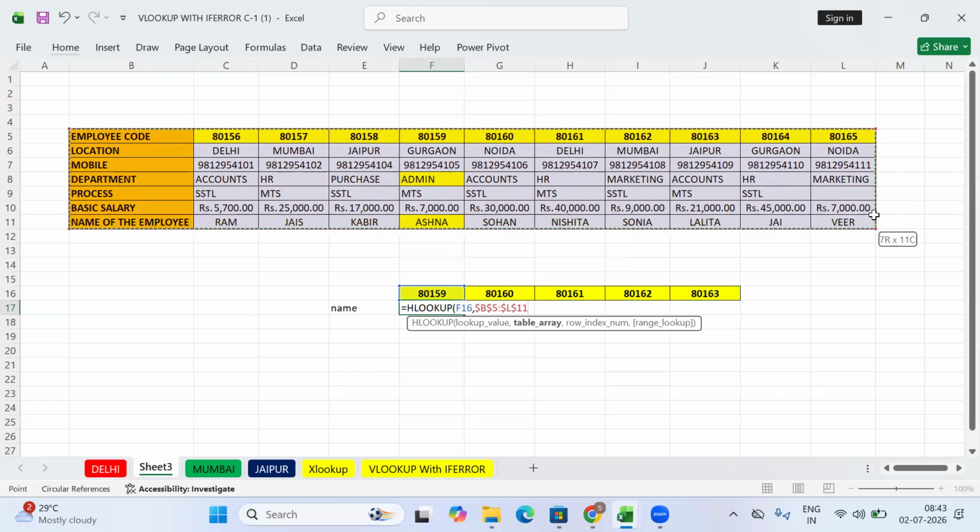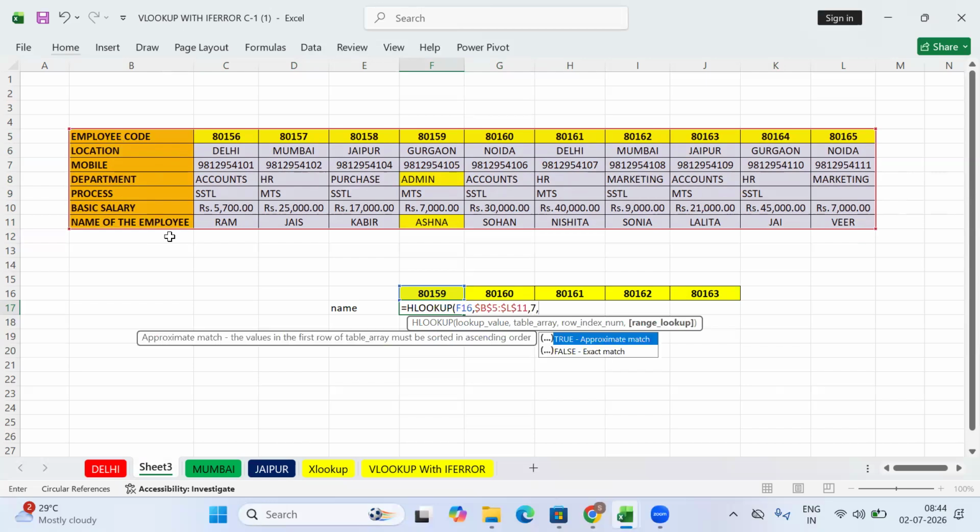Okay. Now what will be the row number for name of the employee? B5. No, for name of the employee I am saying, because we need to calculate... name of the employee, na? B11. So see, now there is no need to calculate from row number one. Our table is starting from fifth row, na? So we need to count from fifth to this only. So which row is it with you? Row number 7. So I'll put 7, comma, and because I need an exact match, I'll put 0.